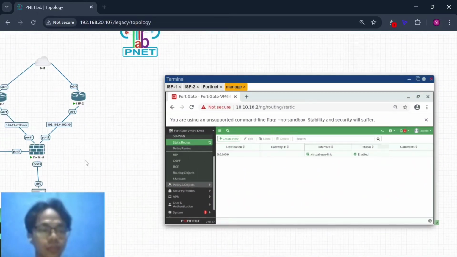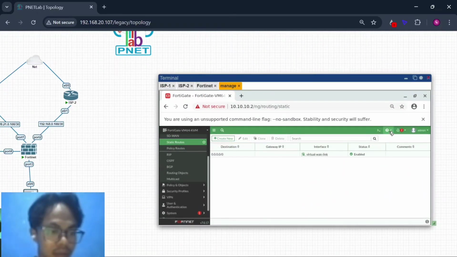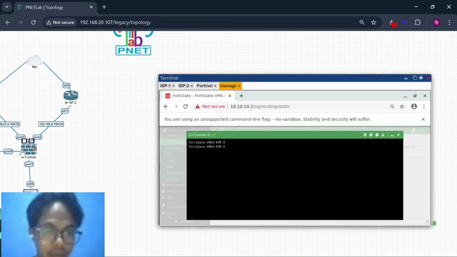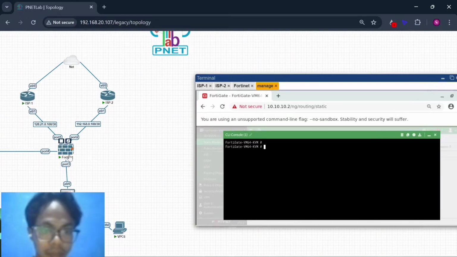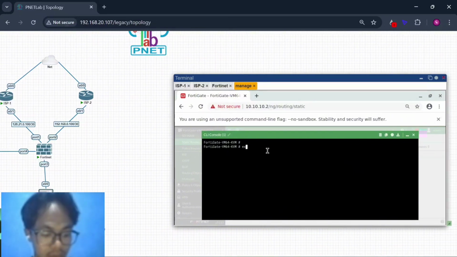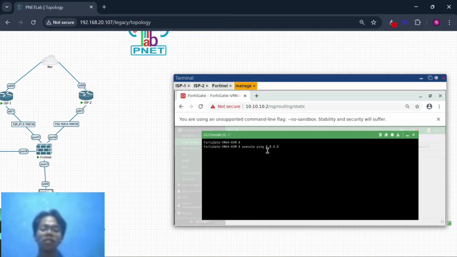And now you must check whether this device can ping the internet or not. So you execute ping 8.8.8.8, and you can see the FortiGate device cannot ping the internet.